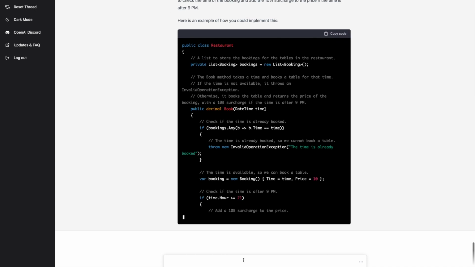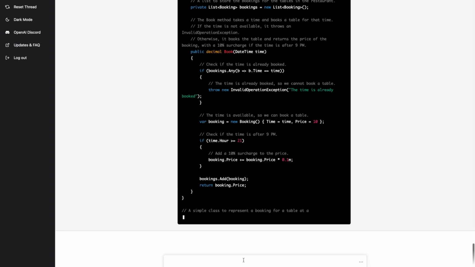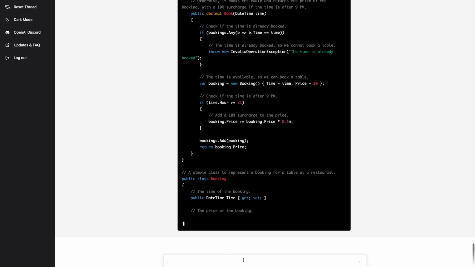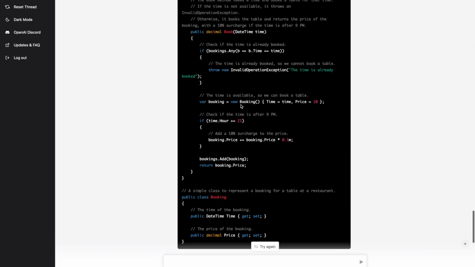Time is available, so we can book the table. What I can do is just read the comments and I would understand what exactly it's doing. Some specific comments as well. So check if the time is after 9 p.m., and it's adding a 10% surcharge to the price.